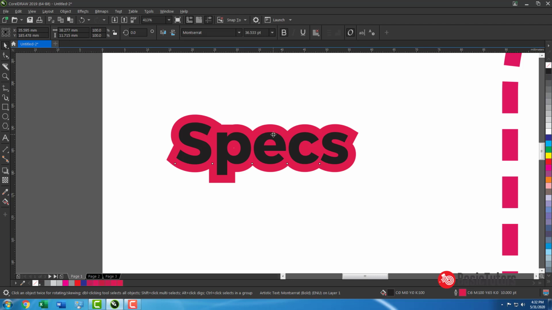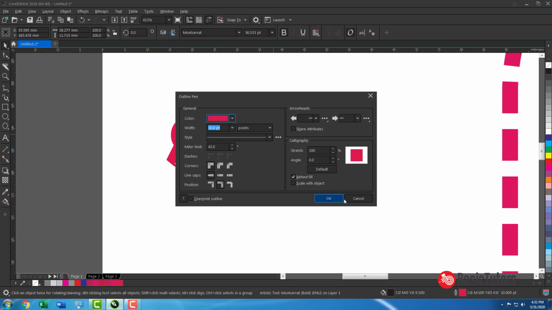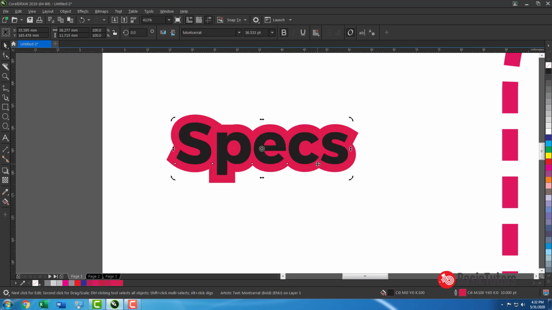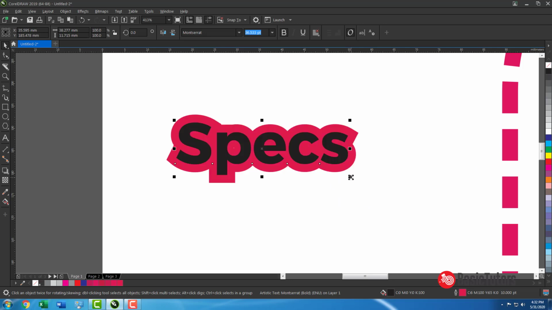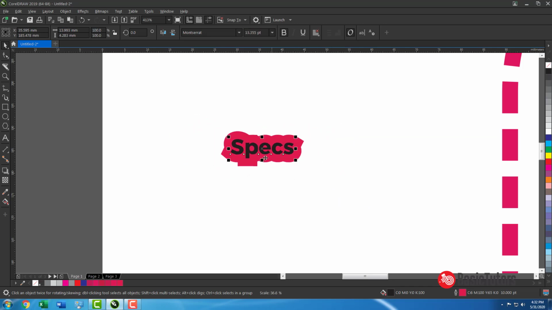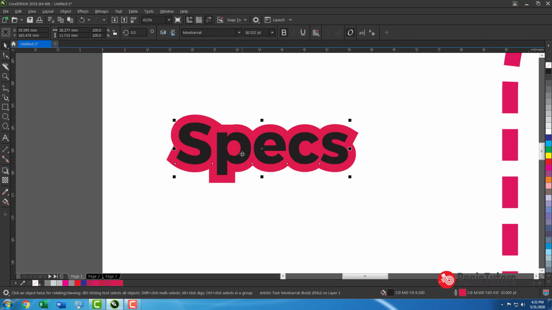Also, there is another option called scale with object. For example, this is our object, and the dimension is around 38 by 11. Now the outline is 10 points. Suppose if you reduce our object, the same 10 point outline will be maintained.